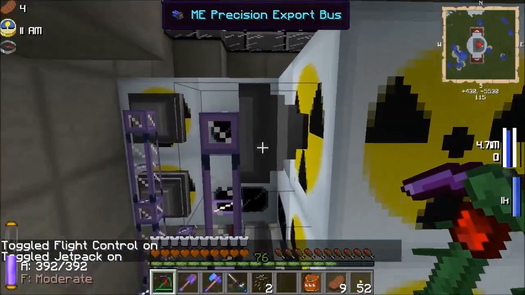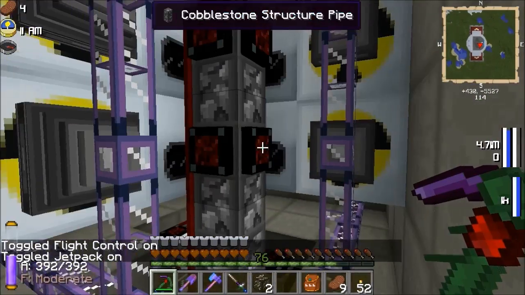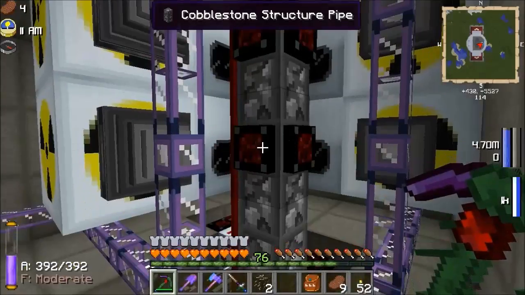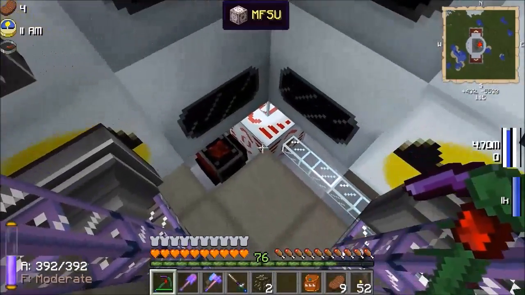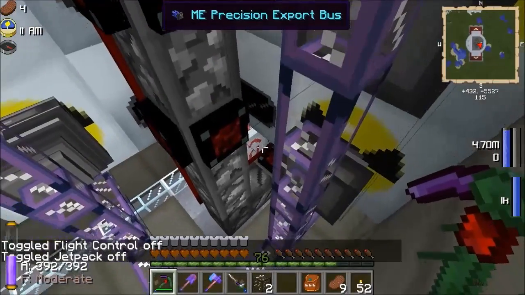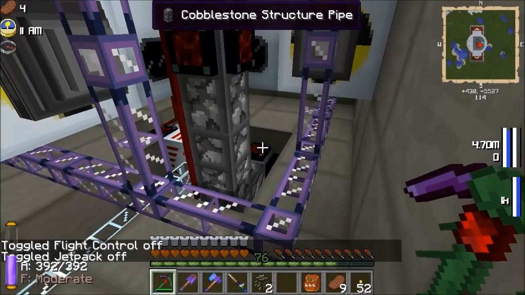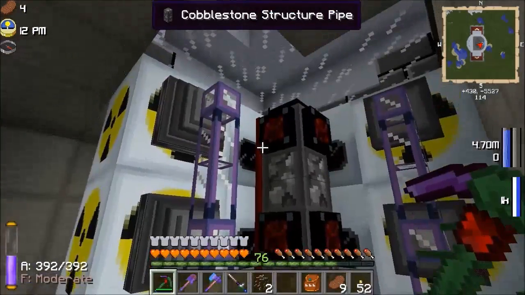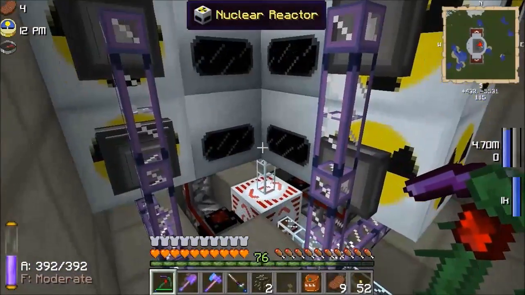So there's another tier of everything. There's another tier of export buses, import buses, and cobble structure pipes and gates, and you can probably just see there's a gate on that side as well. There you go. So that's exactly the same condition. When the MFSU there is empty, it turns the redstone signal on, which turns all 8 reactors on, and starts putting power